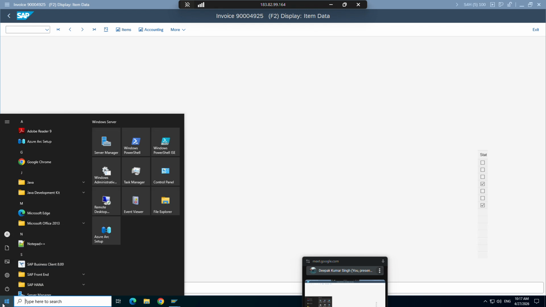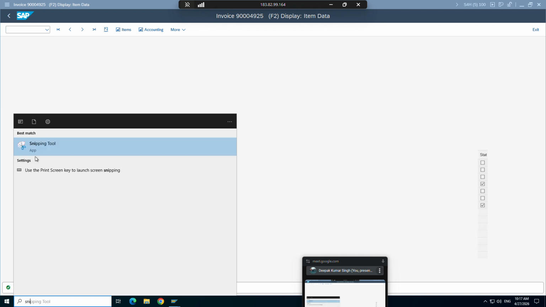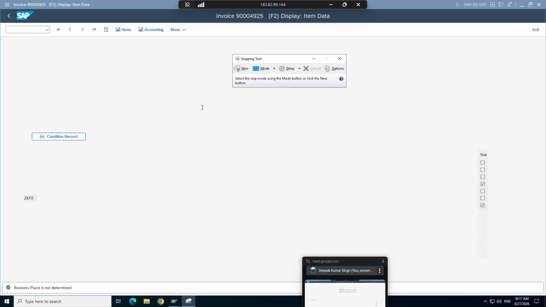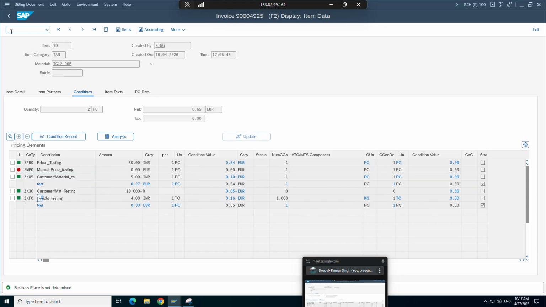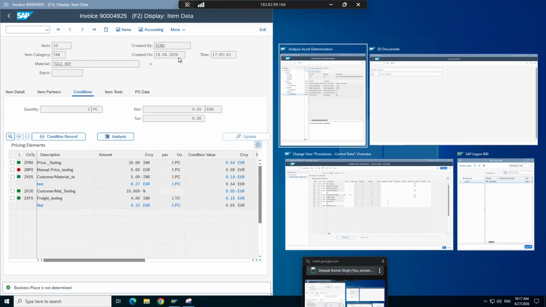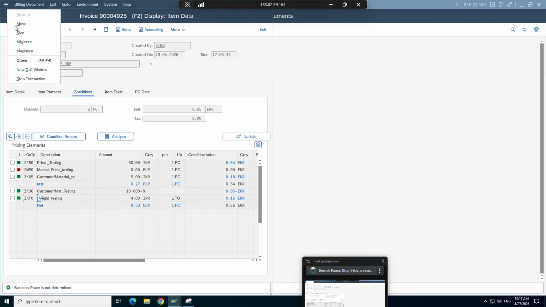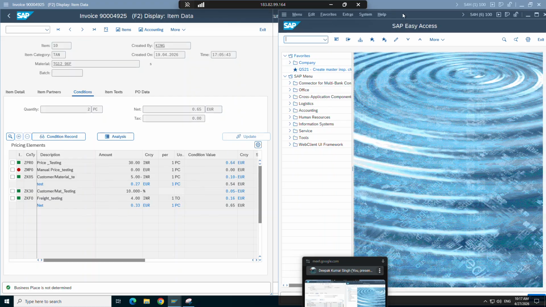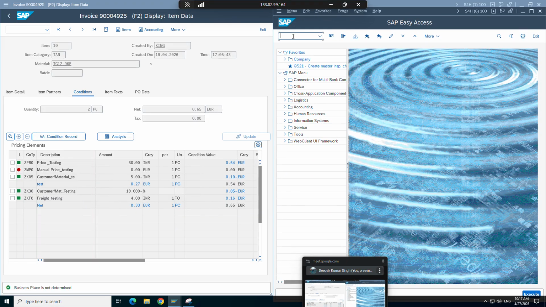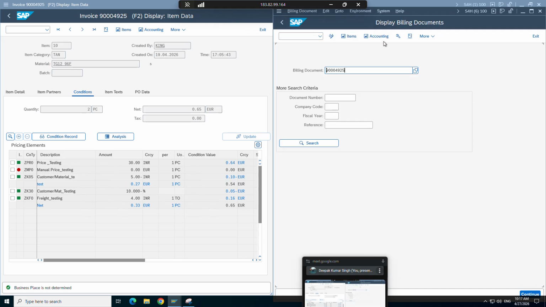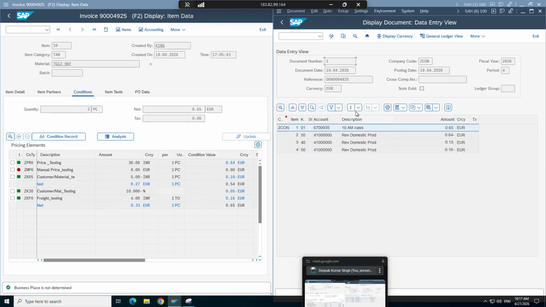Let's do one thing. Let me just take a snip. Or let's do one thing, let me not take a screenshot. Let me just open side by side. Let's not waste time. I'll just quickly show you what this static will do. Maybe someone has changed the config again, but I'll show you. I'll check that later and then I'll tell you. Here I will go to accounting. Now, if you notice here,